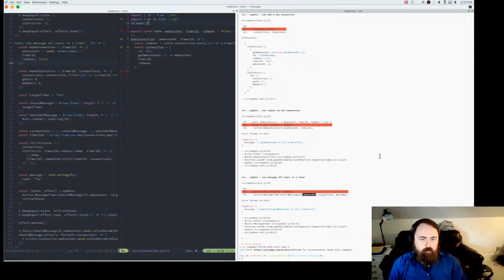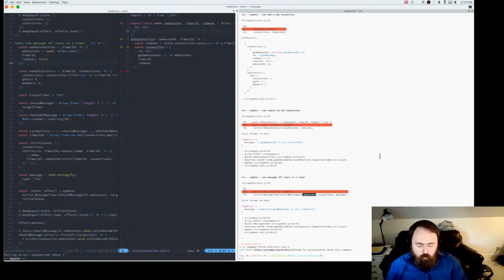So maybe I'll update that in this branch as well. We'll see. But we know for sure that we want our connection to have a unique ID. Right now that's just using a Math.random, because it's a composite ID of time and ID. So it doesn't have to be super random or secure by any means. It's not that big.